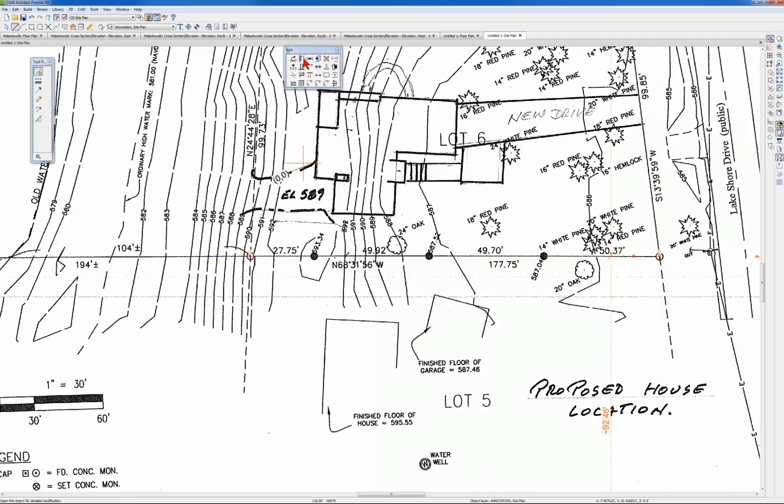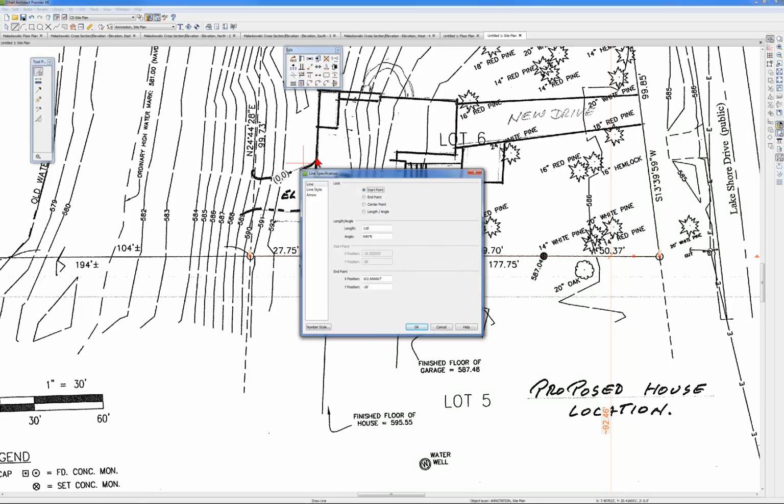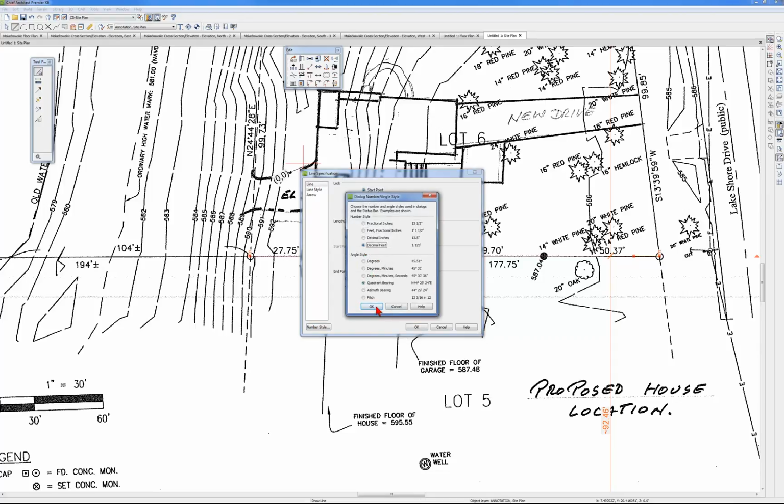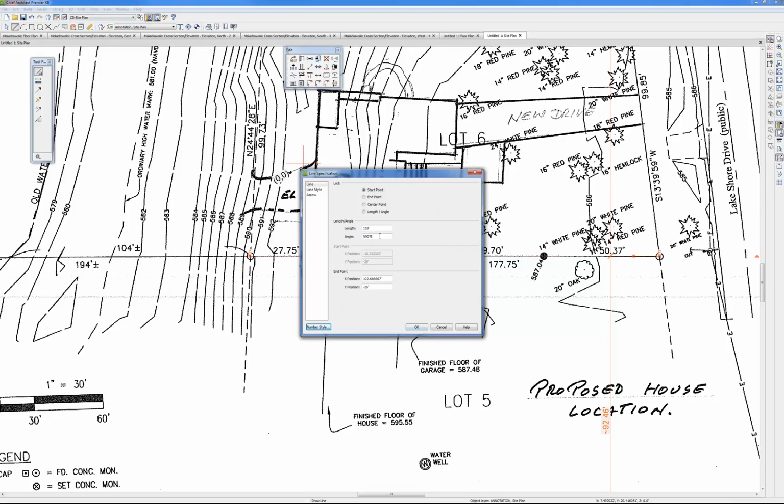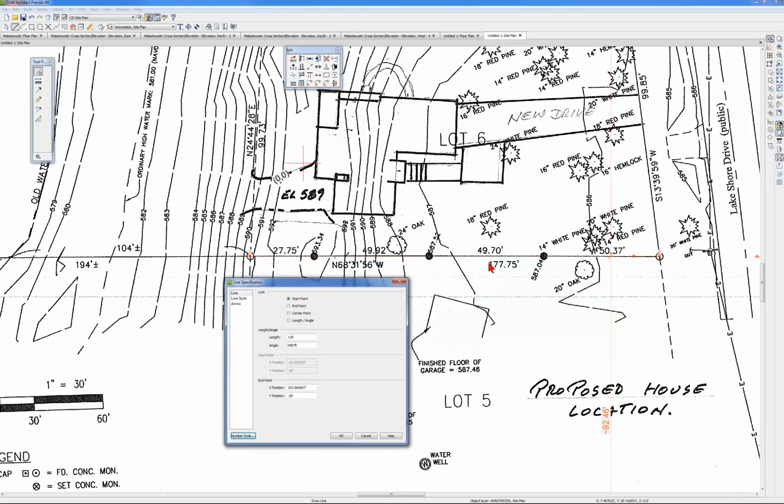All right, now I select the line, open it up, and look at its length. Its length is 118 feet. I'm still in decimal feet, right? It's exactly 118 feet long. Okay, how long is it supposed to be? It's supposed to be